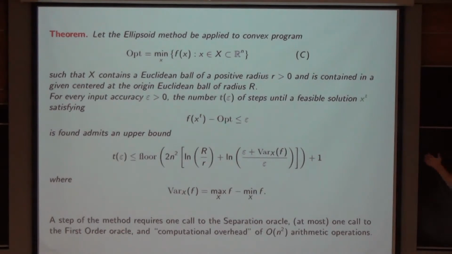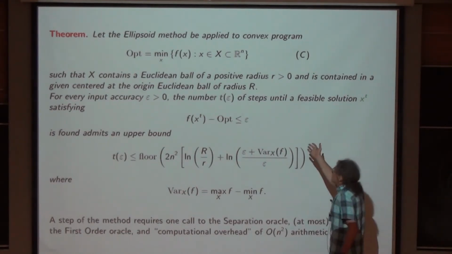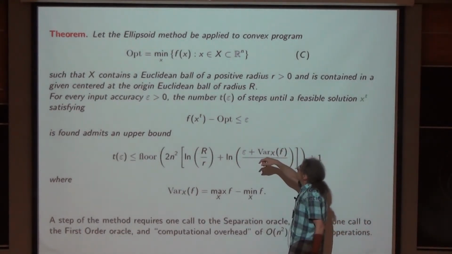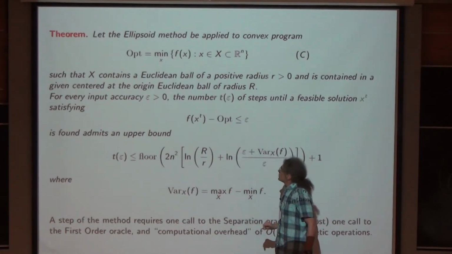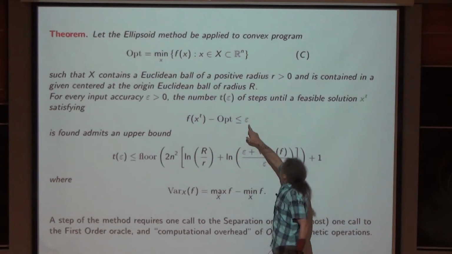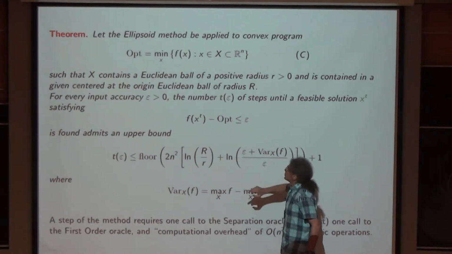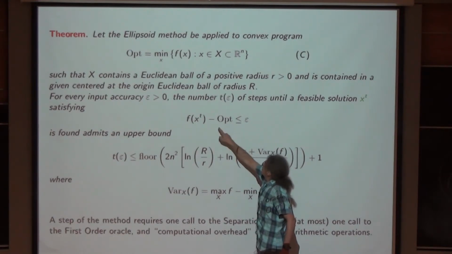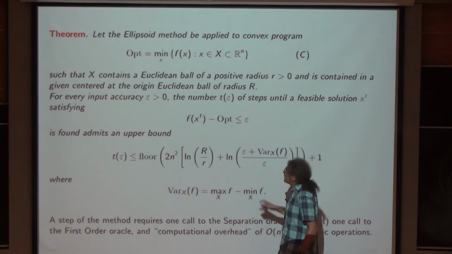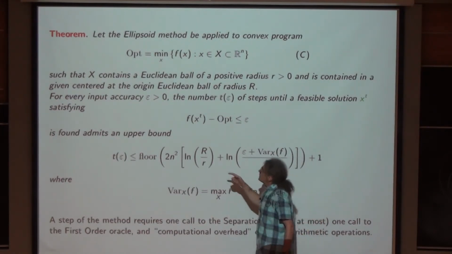So this is the accuracy result, the complexity result about our ellipsoid algorithm, which says that after t iterations, you will have an epsilon solution. You will find a point inside the feasible set which is close to the optimal value, such that f of x_t is close to the optimal value by this epsilon, if t